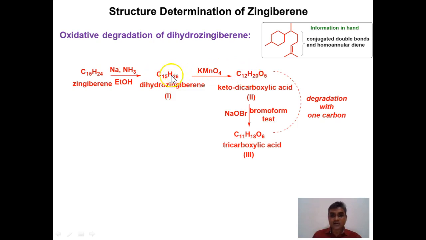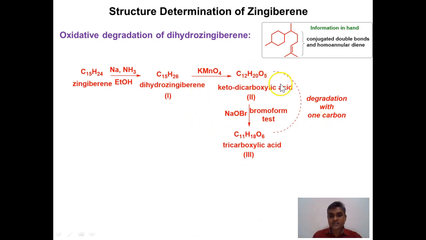Three carbon atoms are lost in the form of acetone here, and the resulting compound is a keto dicarboxylic acid. The analysis of this compound has shown that it's a dicarboxylic acid. It contains a keto group by just preliminary functional group analysis, and its nature was found to be keto dicarboxylic acid. Now this keto dicarboxylic acid responds to the bromoform reaction, reaction with sodium hypobromide, NaOH plus Br2, and